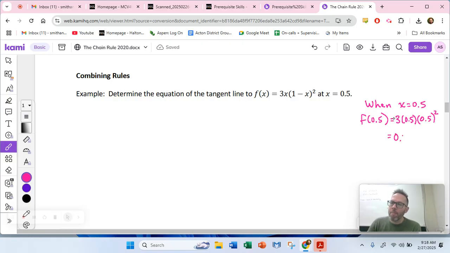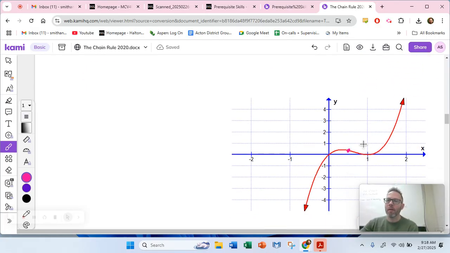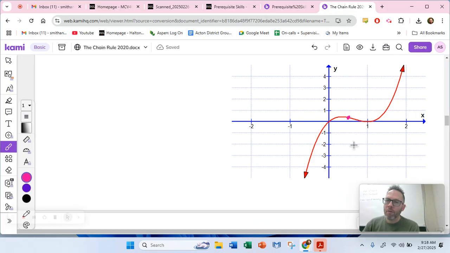That should be 0.375, but I'll let you do it. That's a risky level of mental math for this early in the morning for me. It seems to fit the graph though, right? Yeah, okay. Let's add that to our graph. So 0.5, 0.375, and then, as should be a good habit, let's rough in the tangent line